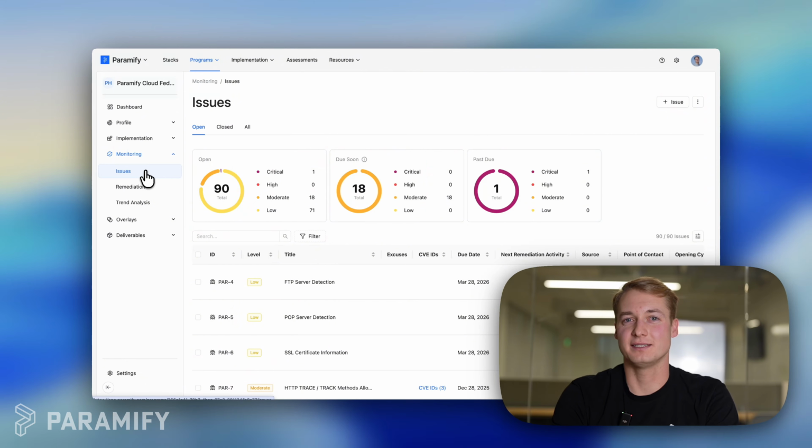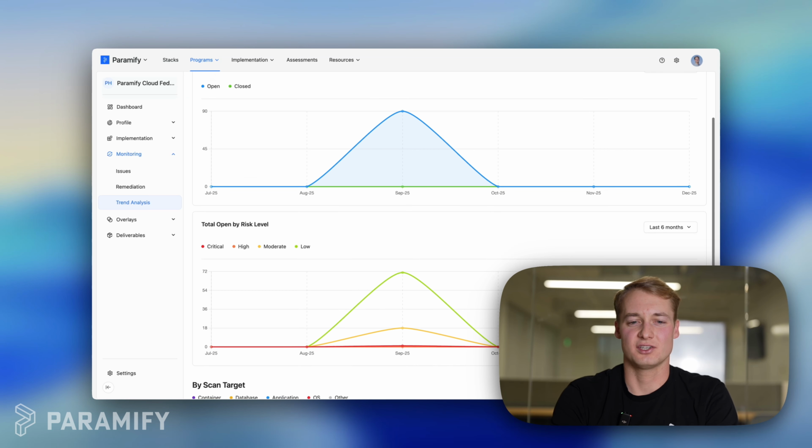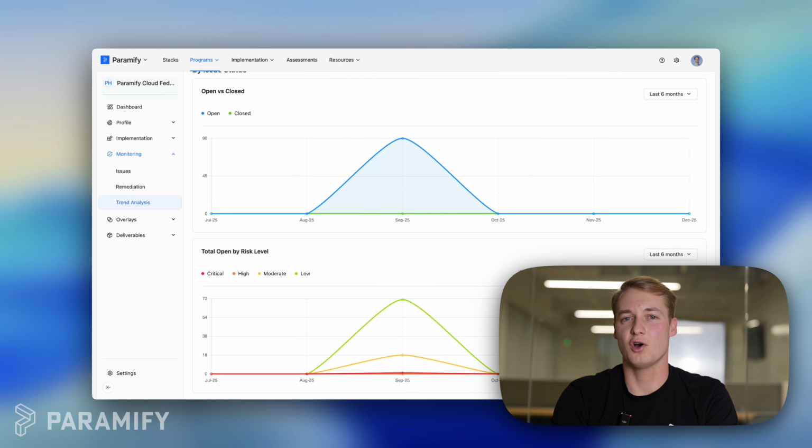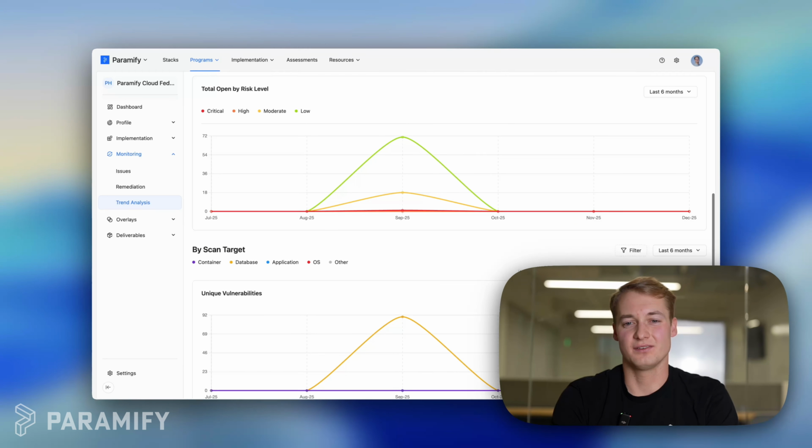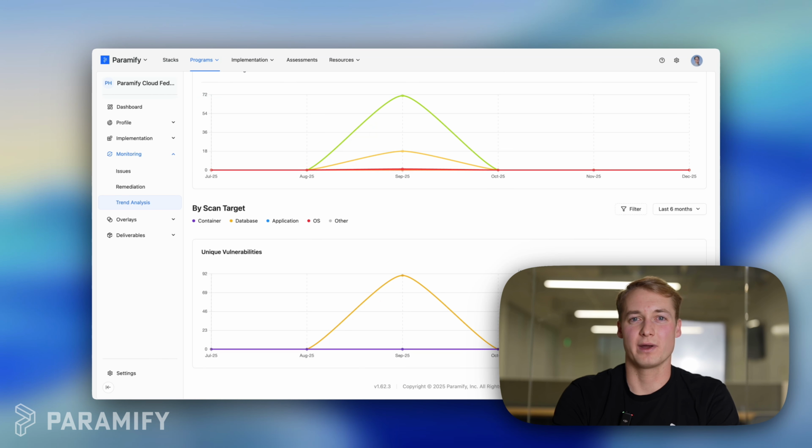Additionally, Paramify deduplicates issues so that you are only focused on the issues that really matter. Paramify can also sync issues with tools like Jira or Slack to help your teams track these issues and stay on top of continuous monitoring. Ultimately, you're able to show a trend to your agencies or other customers that show the issues that you've opened and closed over time, the risk level that is associated with each of them, and where those issues are coming from. This helps you with the final step of the risk management process, which is to monitor your system and